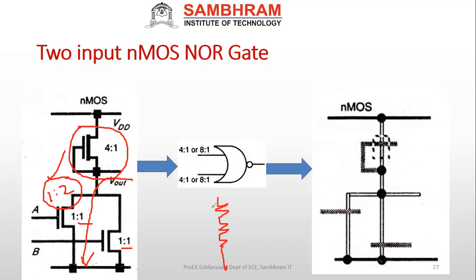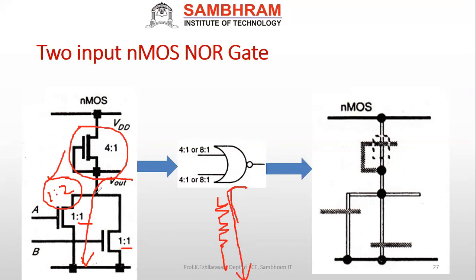The load will be very high. Because to charge from here to here, if the number of input variables increases, what will happen? You will take much more time to discharge. Very important, correct? As the number of inputs increases in the NAND gate, what will happen? It will take much more time to discharge because of the larger number of transistors, so it will take more delay to discharge. But what about here?